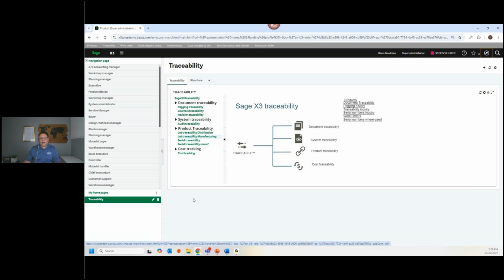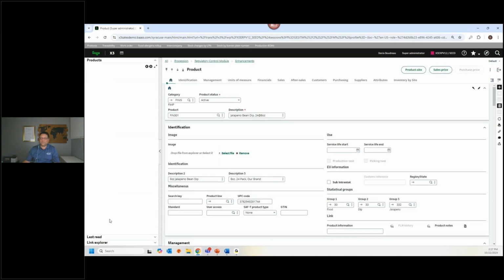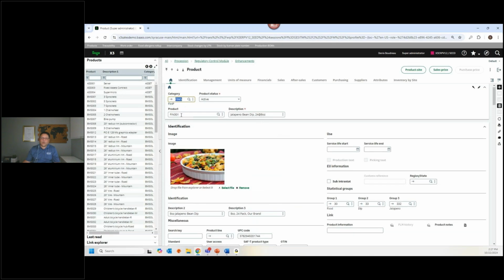We're going to be looking at jalapeno bean dip. Think of this as we're a manufacturer of jalapeno bean dip, and as you can imagine, manufacturing bean dips could potentially have multiple levels of assemblies. You would perhaps have your packaging, and then within the packaging your actual mix, and within the mix, the spices, right? We're going to be looking at product FIN 301. We can access products from the shortcuts, and when we look at FIN 301 here,